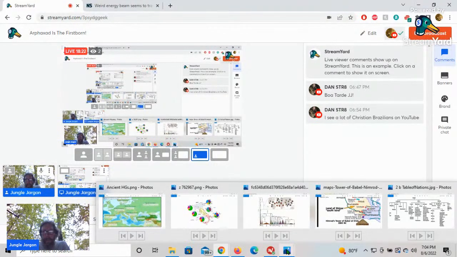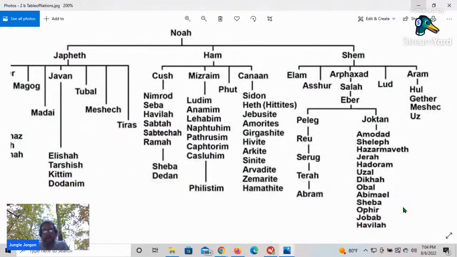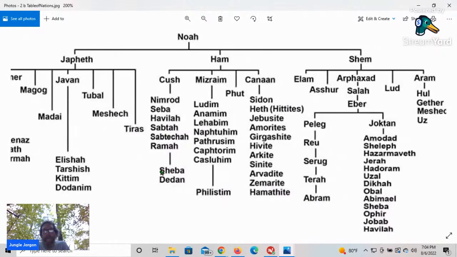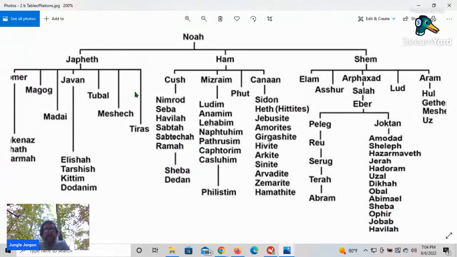I was pretty glad to get this straightened out, because usually you have Ham, Shem, and Japheth, or Shem, Ham, and Japheth, but the order is Japheth, Shem, and Ham. That's the order. And the order of Shem is right here, Arphaxad,